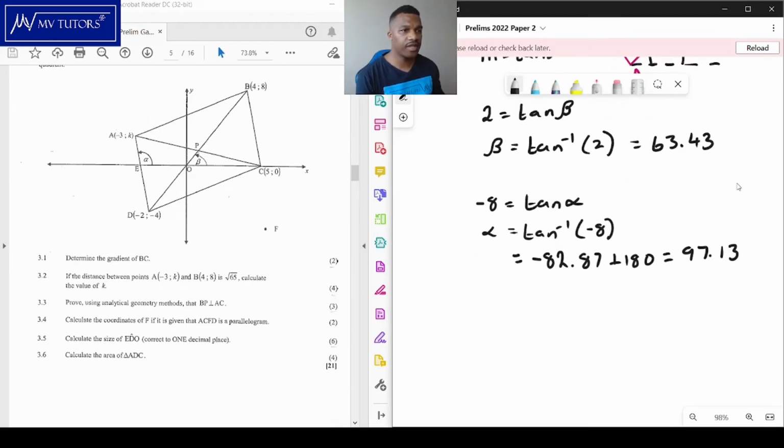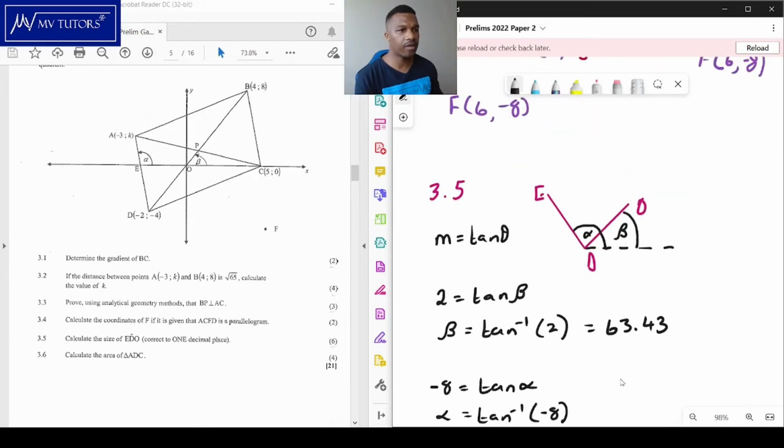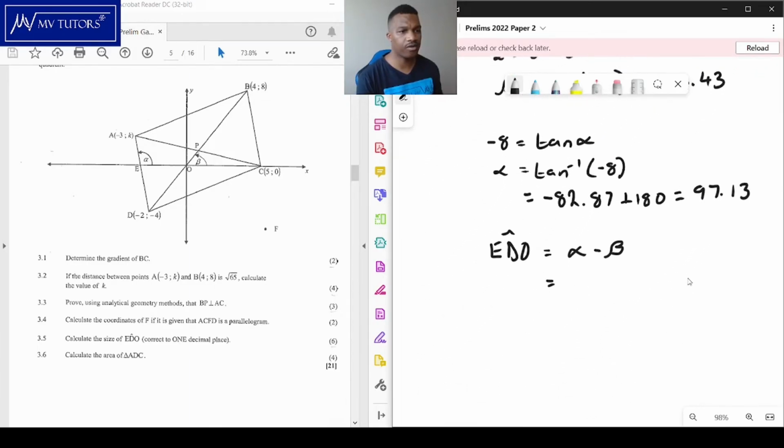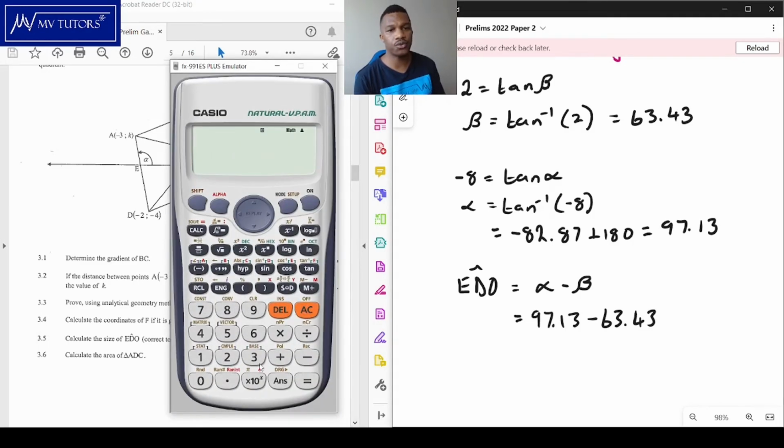So from there we can conclude that the angle EDO is equal to alpha minus beta. Because you can see from our diagram here, it's alpha, which is the big angle, minus beta, which is the smaller angle. Let's write it down first. It's 97.13 minus beta, which is 63.43. Now we can bring out the calculator. Let me say answer minus 63.43, and I get